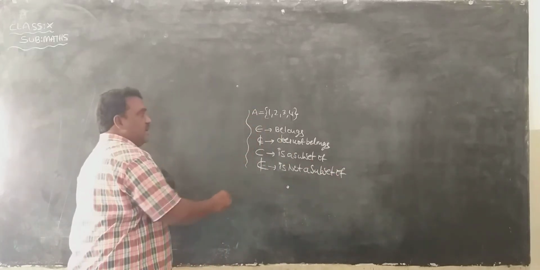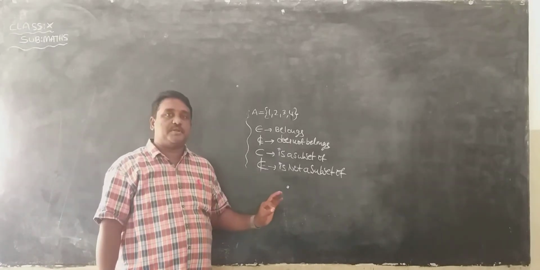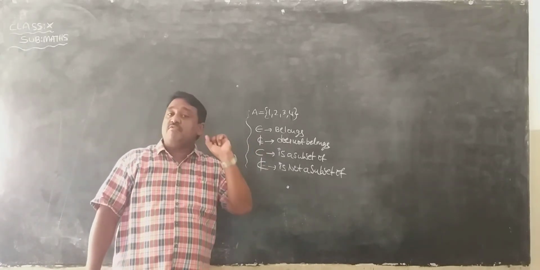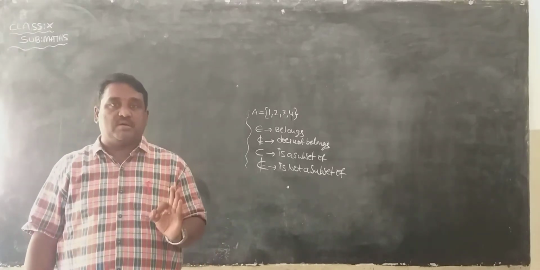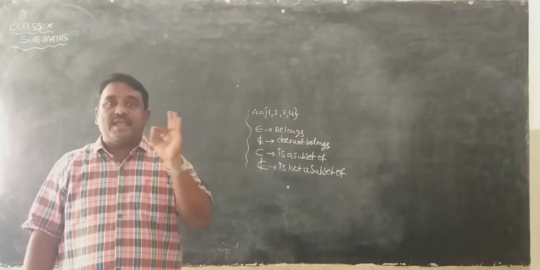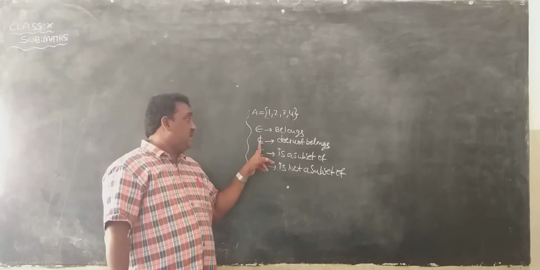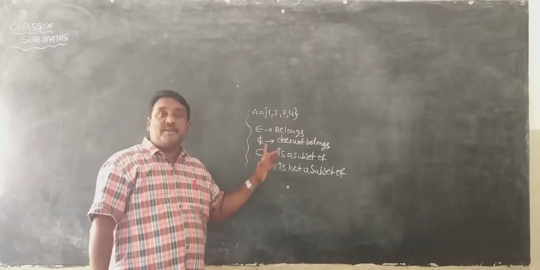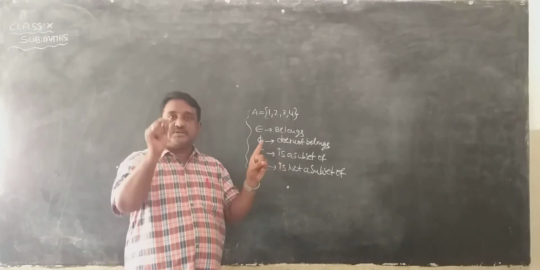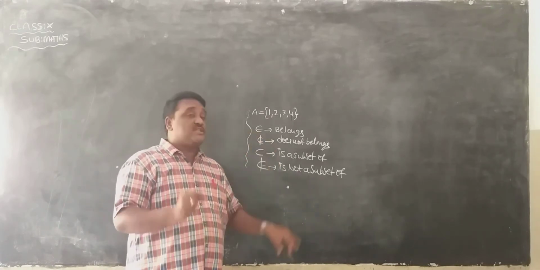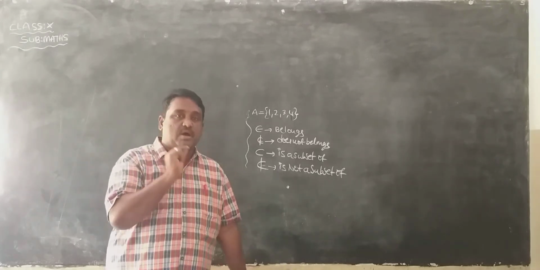So they are the important symbols, a few important symbols in the set chapter. First one, belongs. Where do we use belongs? In between an element and the set we use belongs. In between an element and a set, sometimes we use belongs, sometimes we use does not belong. So it depends upon the element. So there is a question for you. Where do we use the symbol belongs? In between an element and a set.